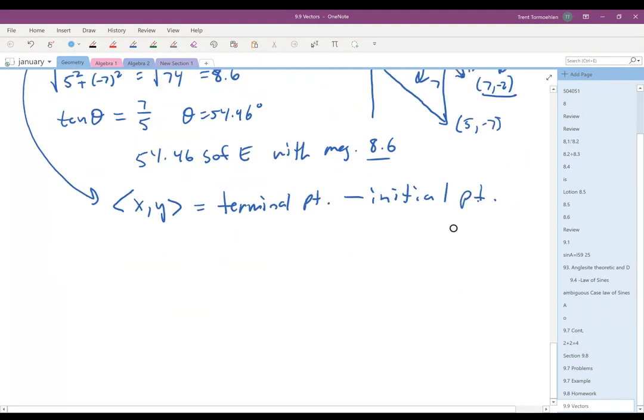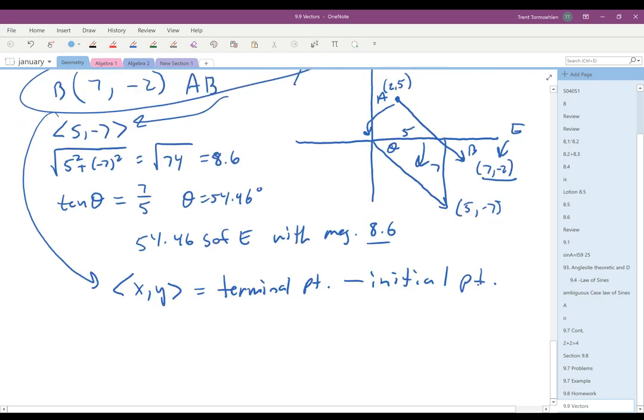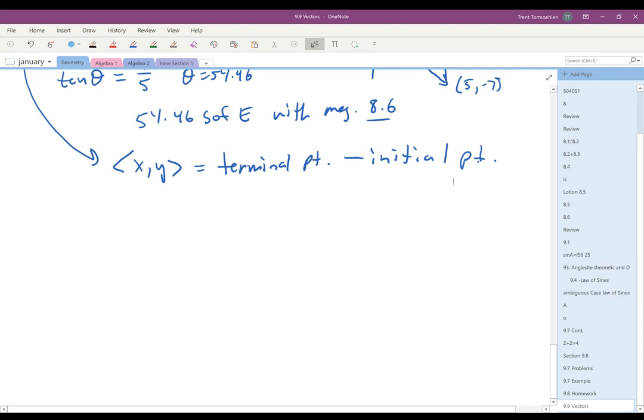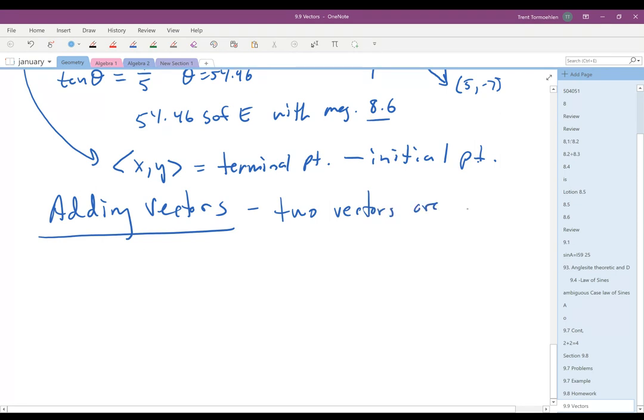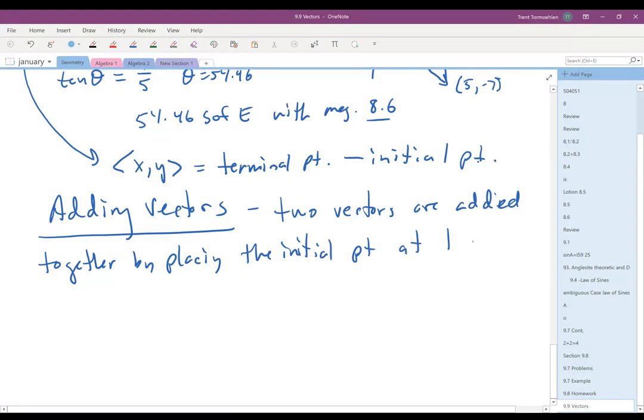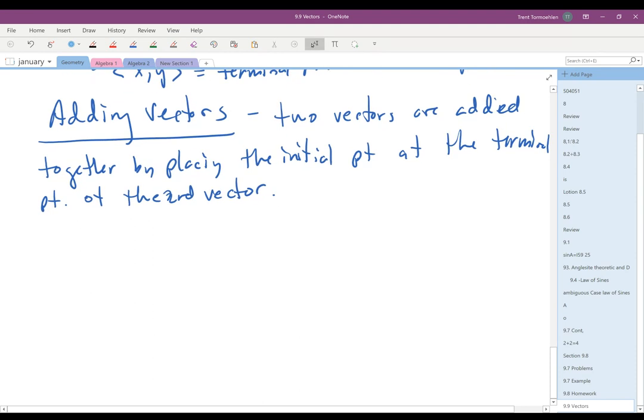Okay, the last thing that we're going to do is deal with adding vectors. Two vectors are added together by placing the initial point at the terminal point of the second vector, or vice versa. And so what that means, if I've got two vectors,